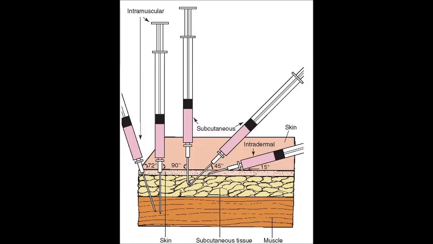Subcutaneous injection administers the vaccine into the subcutaneous layer above the muscle and below the skin, while intradermal injection administers the vaccine in the topmost layer of the skin. BCG is the only vaccine with this route of administration. Intradermal injection of BCG vaccine reduces the risk of neurovascular injury. Health workers say that BCG is the most difficult vaccine to administer due to the small size of a newborn's arm, so a short, narrow needle is needed for BCG.